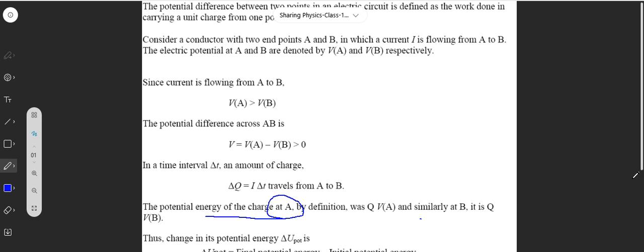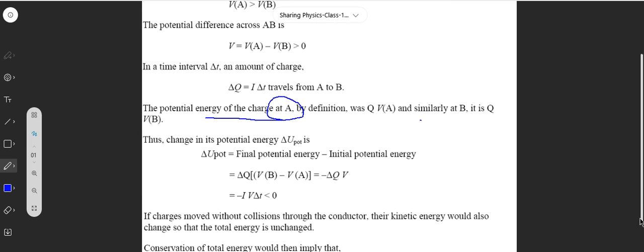So when we try to do this, you can see that for the change in potential energy, we know the potentials at the different points A and B, and we are going to substitute over here. The change in potential energy will be represented by the letter U. The change in potential energy will be given by final potential minus initial potential, as I told you in the previous case. So what we are going to have over here: the final potential, which is Q into VB, minus the initial potential, VA, right? Before that, why do we have this Q over here?